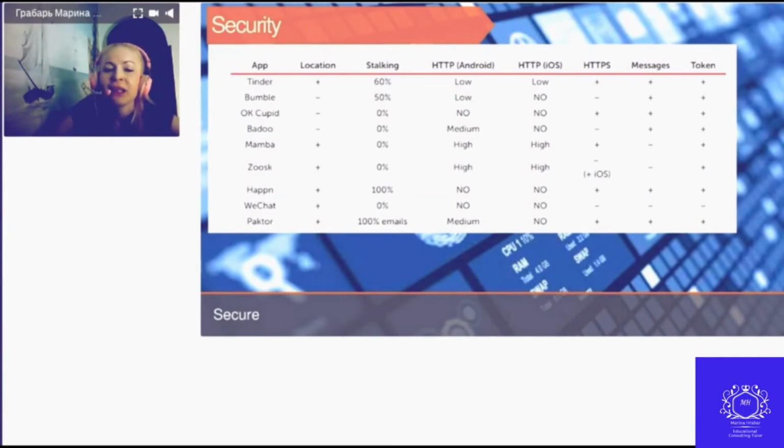As you can see from the table, some apps practically don't protect users' personal information. However, overall, things could be worse. Even with the proviso that in practice we didn't study too closely the possibility of locating specific users of the services. Of course, we are not going to discourage people from using dating apps, but we would like to give some recommendations on how to use them more safely.